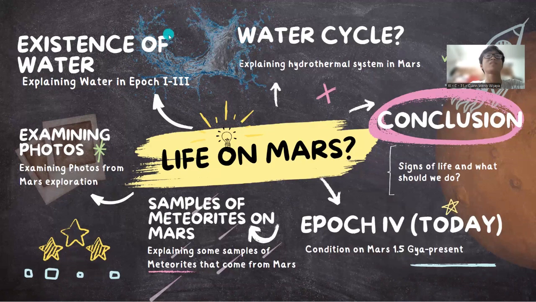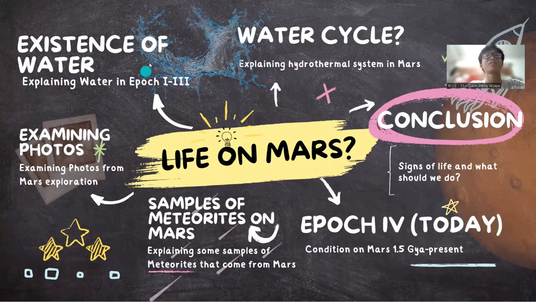So in Epoch 2, the mean and the peak temperature of water is actually below and above the freezing point of water. So there are some indications that life could have lived during Epoch 2 on the surface of Mars. Some microorganisms may live on the surface and may also live below the surface. This type of environment is quite the same as the ice-covered lakes in Antarctica, similar on Earth itself.